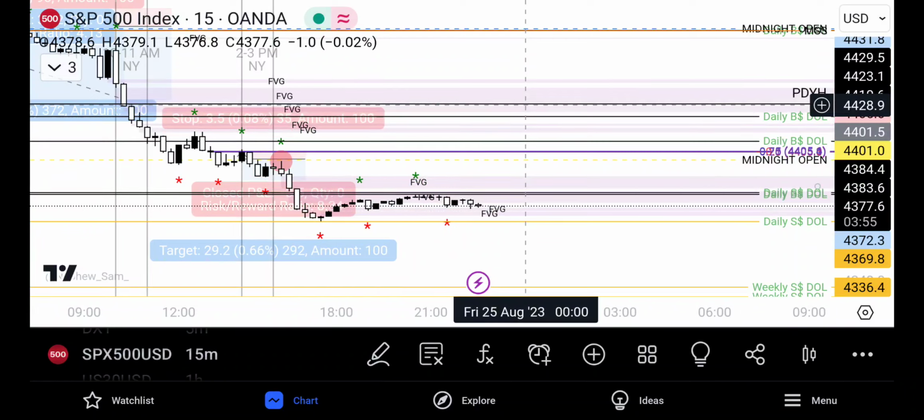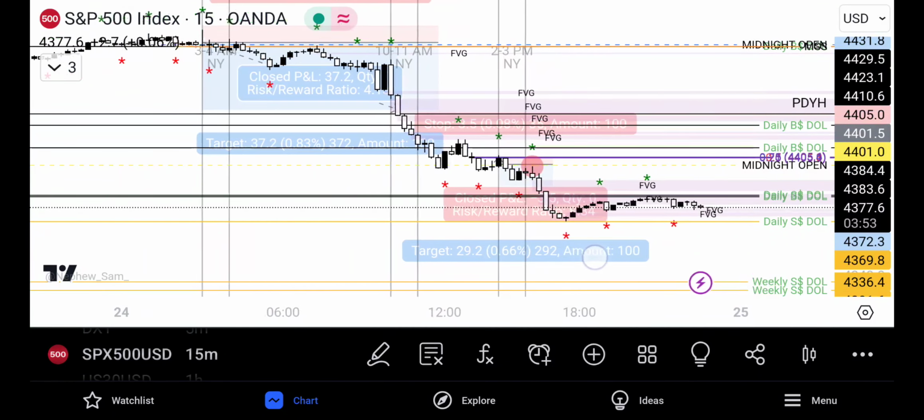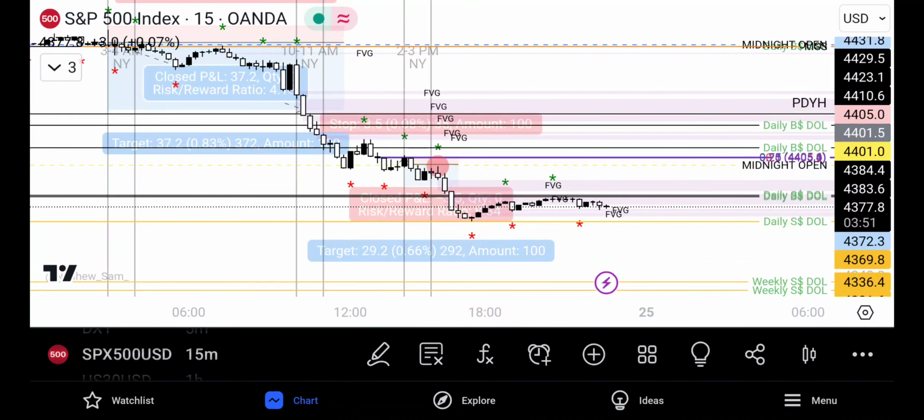Stay tuned. I'll do another video this weekend to update you guys. And I have a couple of videos that I need to do. I need to do a video on how I draw my projections so I can get a general idea of how far I want to try to hold the trade for. And I want to do an actual strategy video on the silver bullet setups that I've been taking.